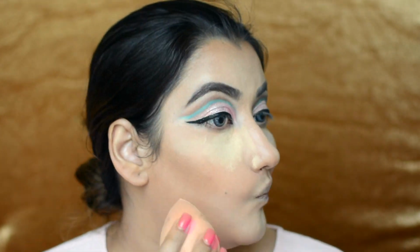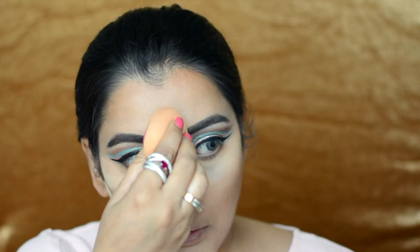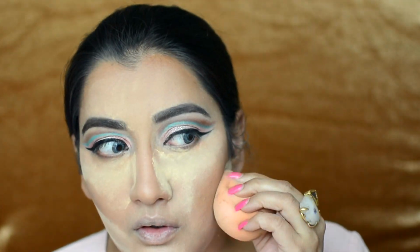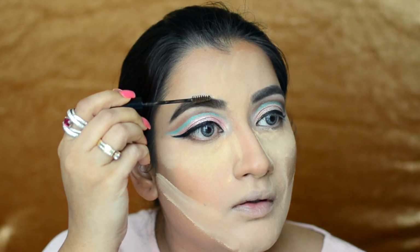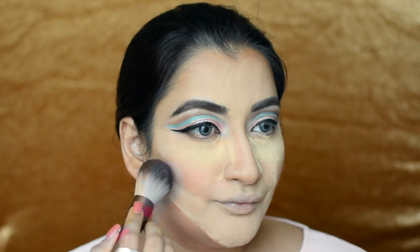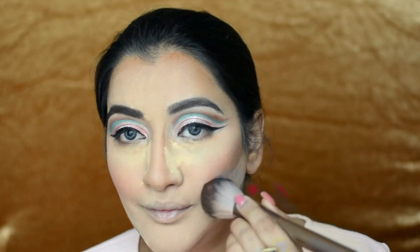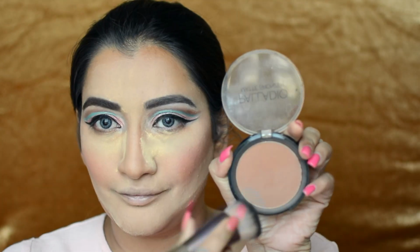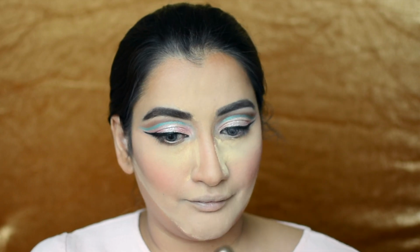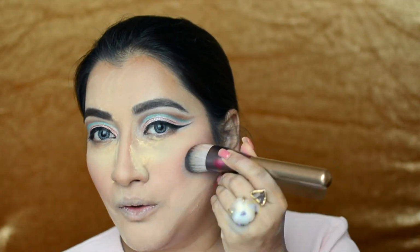Now I'm using my Fit Me powder to do some baking. I'm using this Weishi blender. It is the best thing for me. I can just use this one blender and do my whole entire face of makeup. I'm just applying an eyebrow gel, and this blush is from theBalm. I'm just taking that. And for my bronzer today, I'm using Palladio matte bronzer,